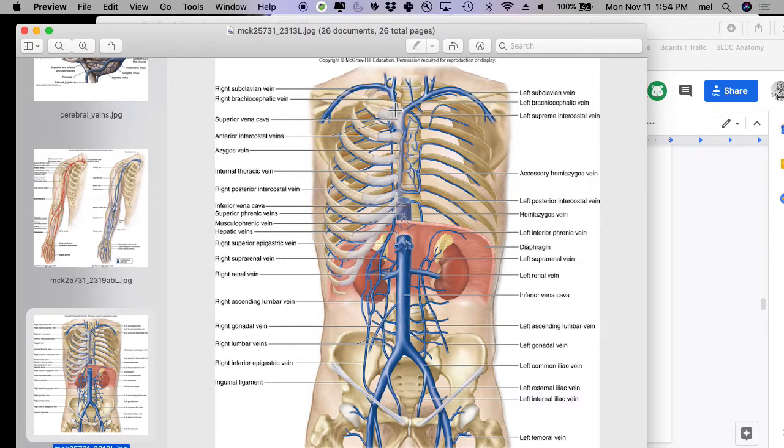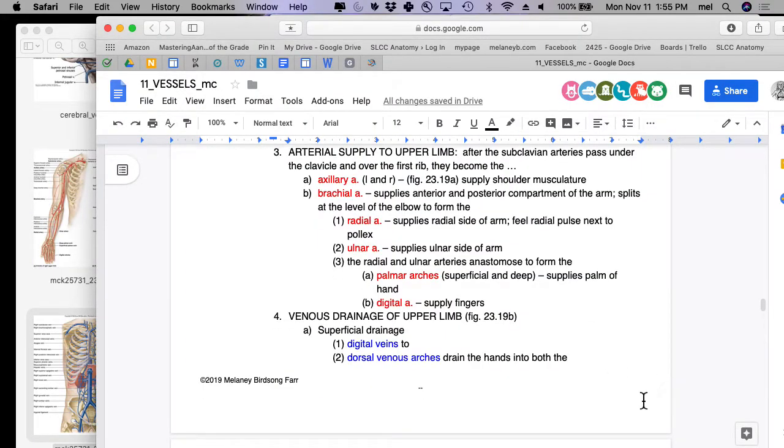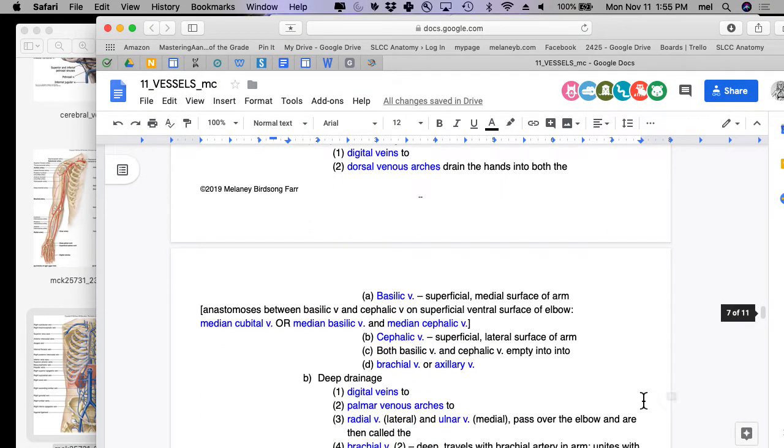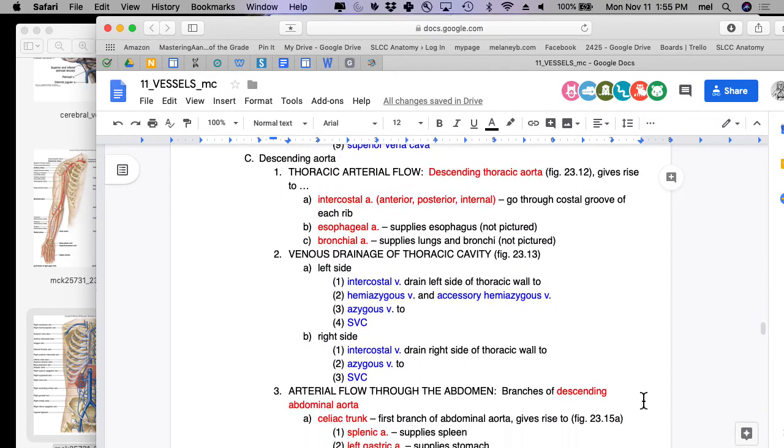Okay, go ahead. It's because it's headed toward the brain. Somebody just named it, oh, it's going that direction, right? It's not a particularly good name. Okay, but that's a good question. All right, everybody good with venous drainage of the upper limb? Everybody good? Okay, and then